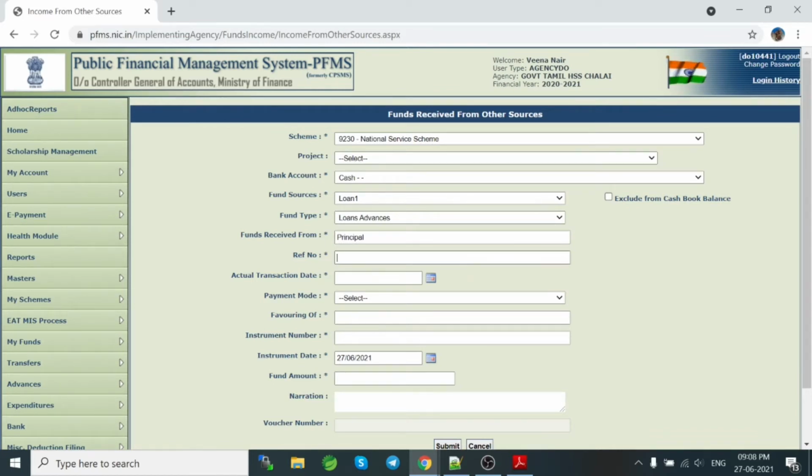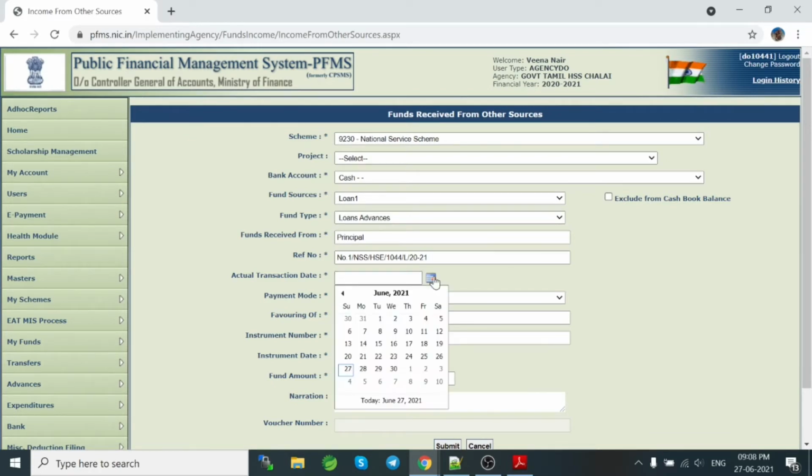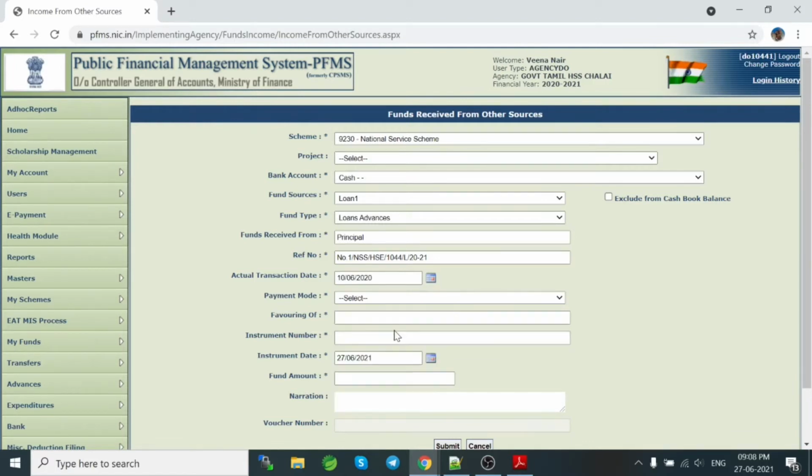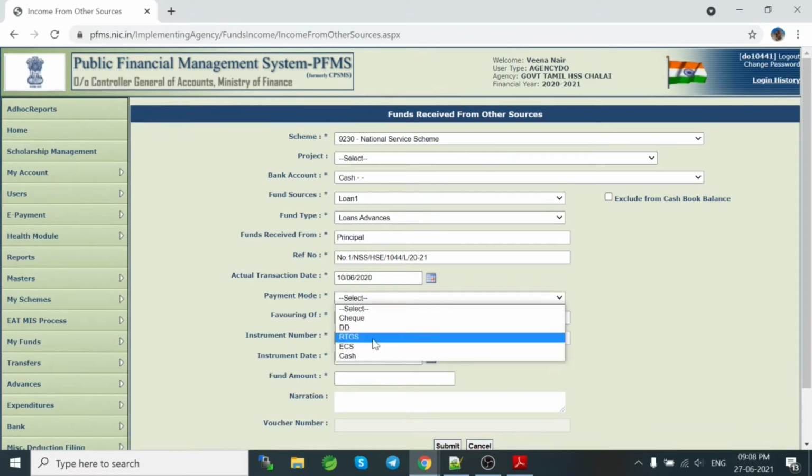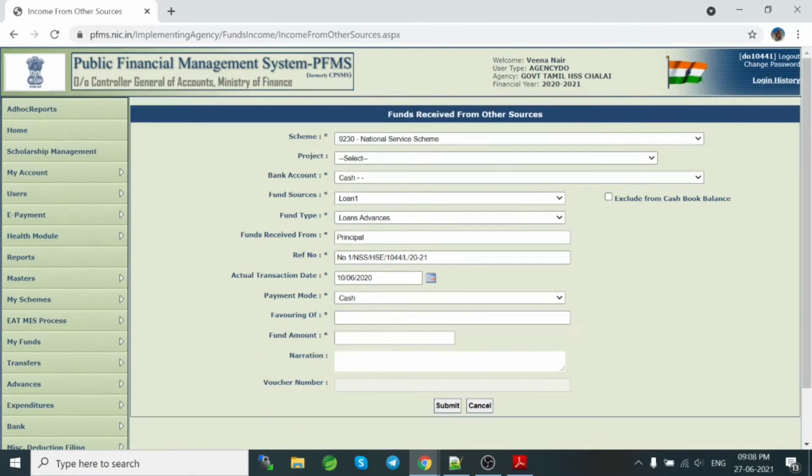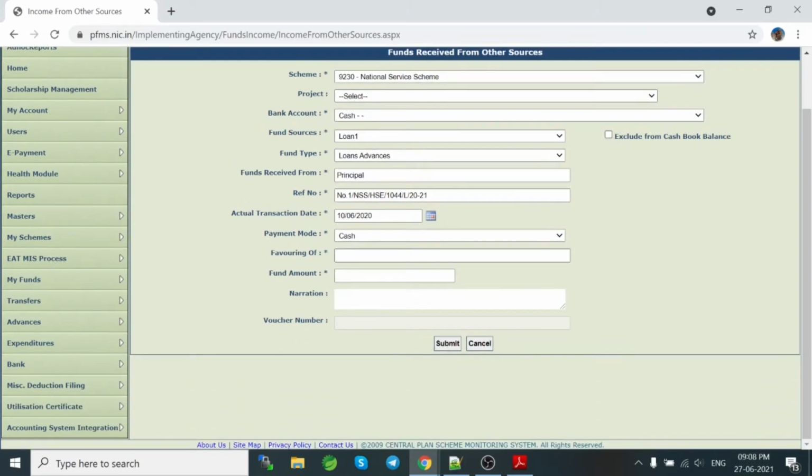In reference number, give the reference number. Okay, I have given the reference number. Then select a date in June 2020. I am selecting the date 10/6/2020, and then here payment mode, select cash, then favoring NSS unit, amount give